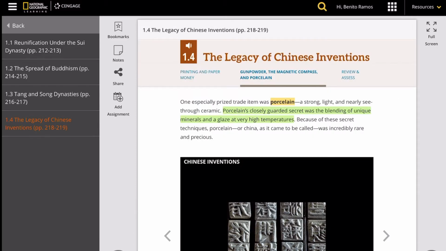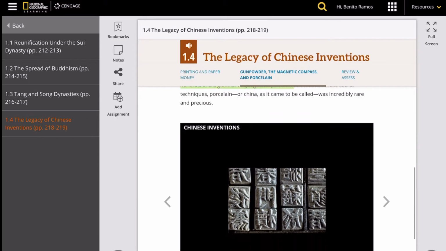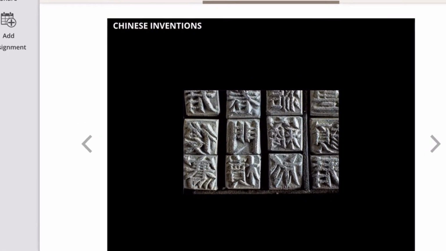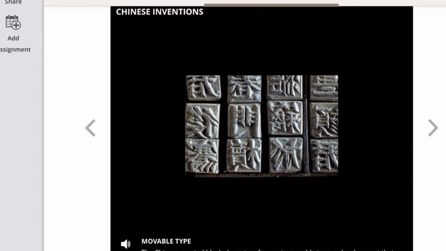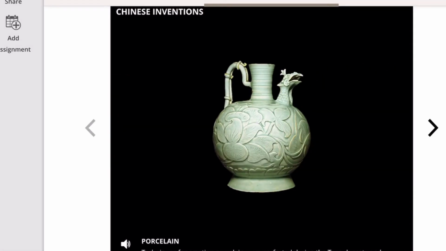Now let's take a look at these inventions again. The first one is the movable type. Artisans carved characters as individual clay tablets that could be arranged on a board to form a text. After printing, the characters could be reused. The next one is porcelain. Picture of a porcelain. Just like what I said a while ago,